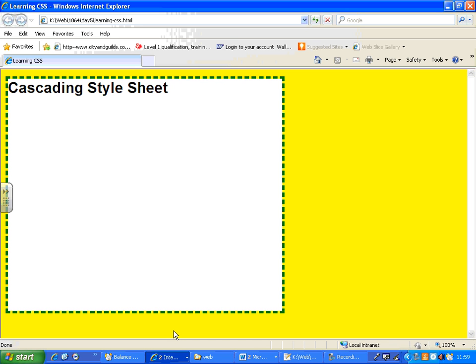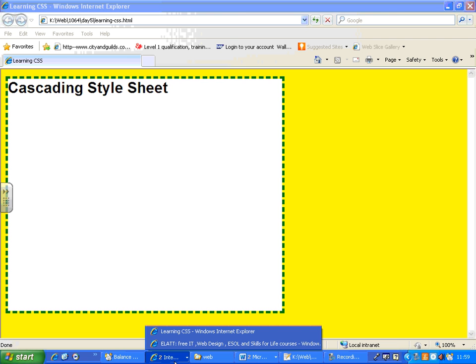Okay. Experiment. You have as many properties you can try. I will show you later on a few more properties in which we can move this box wherever we want. Okay, so but that we can do later on. Let me stop